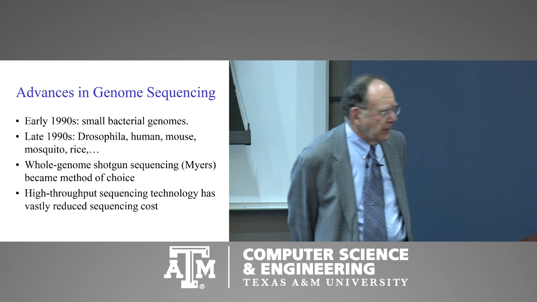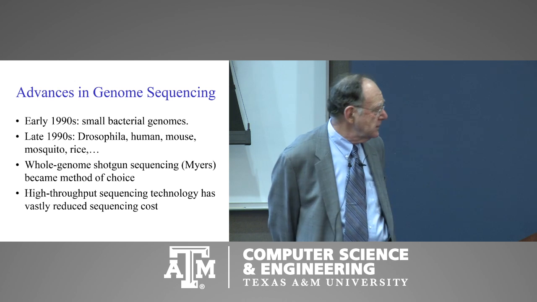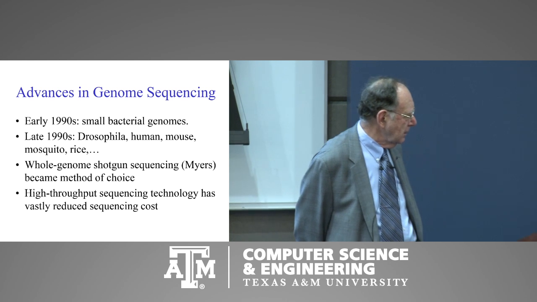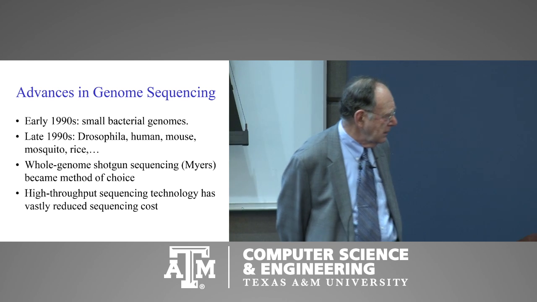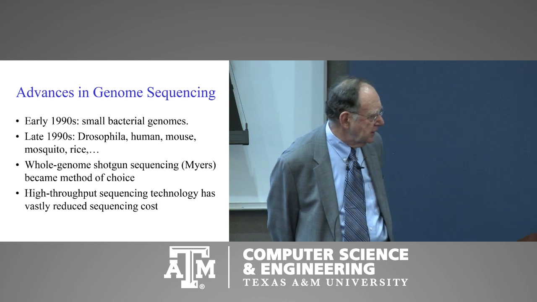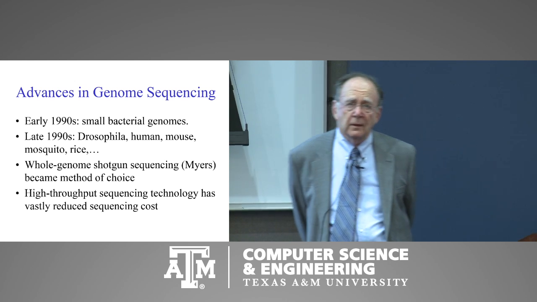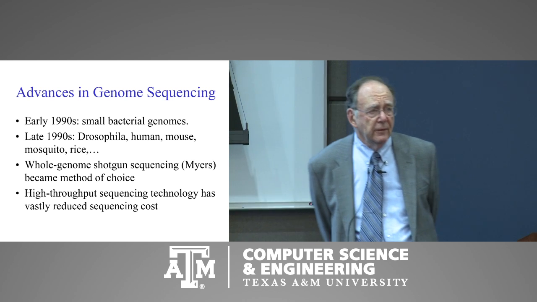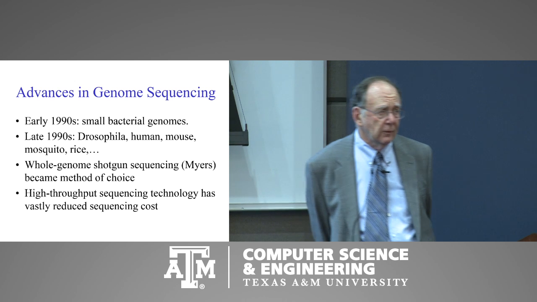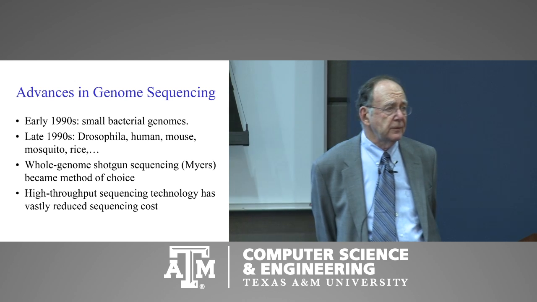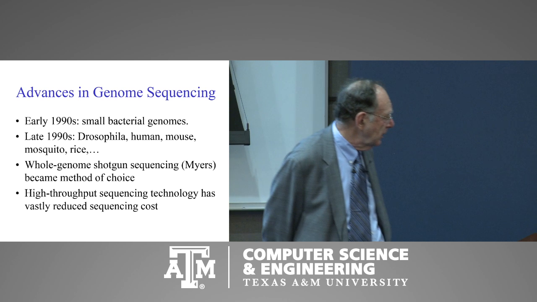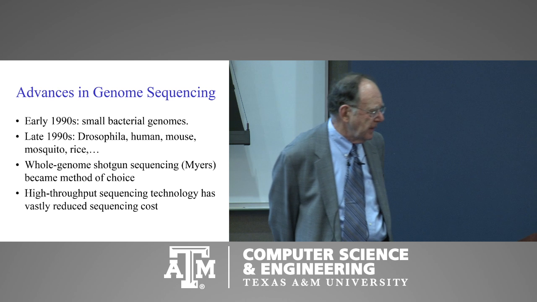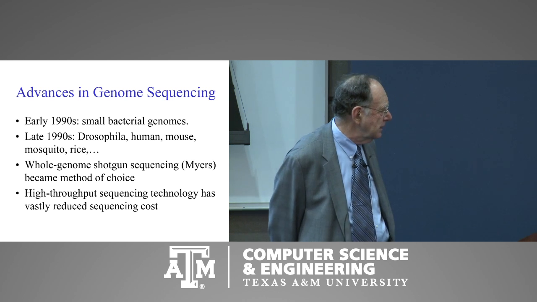Fundamental to the whole enterprise is extracting the sequence of a genome, and there has been great progress in that area. Basically, all of these different methods of sequencing a genome start by shattering many copies of the genome into smaller pieces, reading off those smaller pieces, and then combinatorially figuring out how the pieces line up to comprise the overall genome. We've progressed over the last couple of decades from sequencing small bacterial genomes of size a few million nucleotides